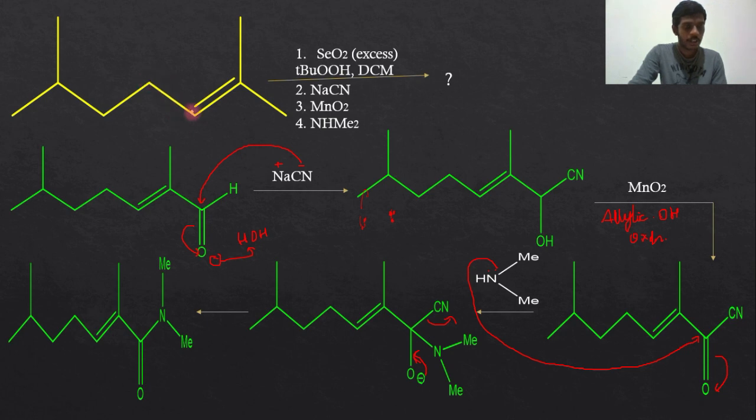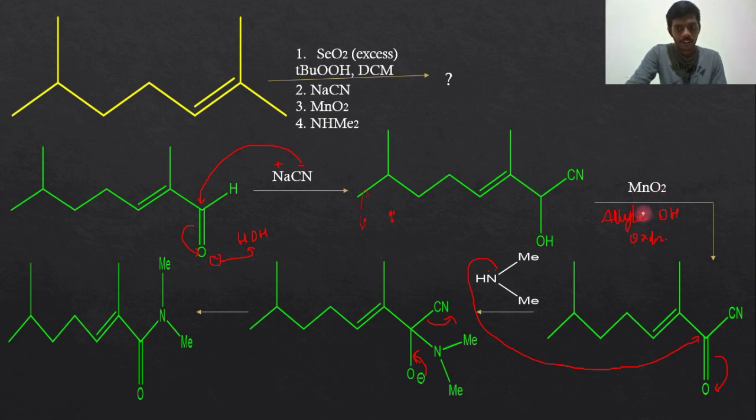See, this is the E/Z selectivity. So the E selectivity is favored. So the alcohol is again converted to aldehyde because it is in excess. So this is the position where the aldehyde is formed and this carbon is oxidized. After that NaCN is added, Na plus and CN minus. The CN minus will attack over here forming O minus, and this minus will attack this hydrogen forming this alcohol.